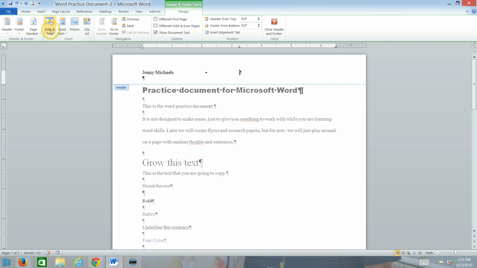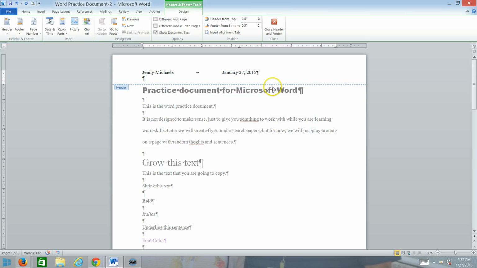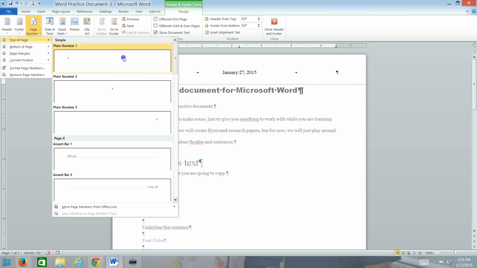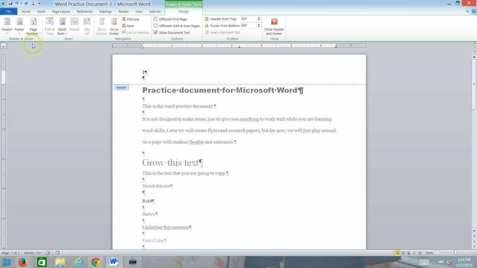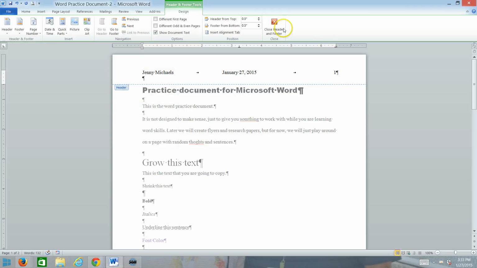And I can actually insert, you see there's a date and time button, so I could insert that if I wanted to. For that, if I press tab again, it will right align it. So if I wanted to add a page number, now be careful with the page numbers. If I go page number and top of the page, it'll erase what I had in my header. So if I want text and the page number, I need to use current position, and it will insert that